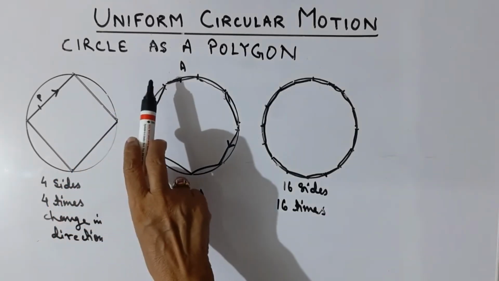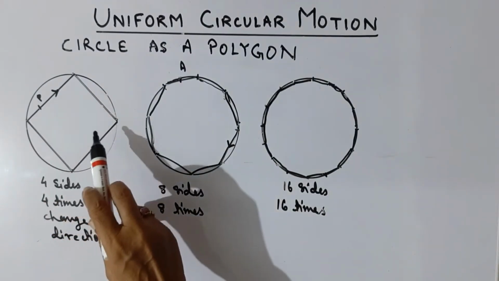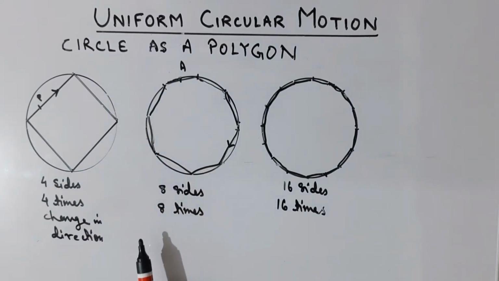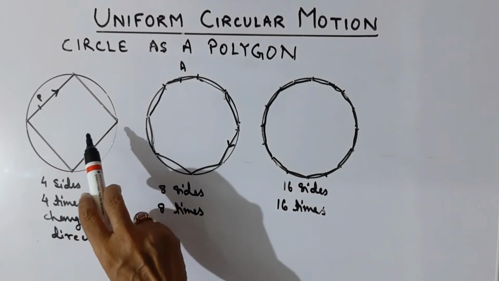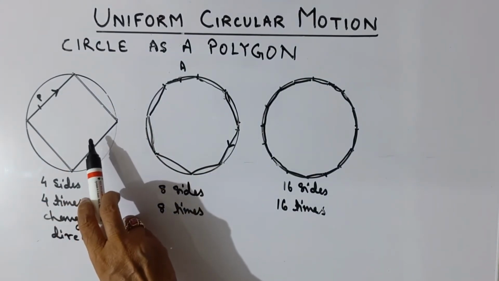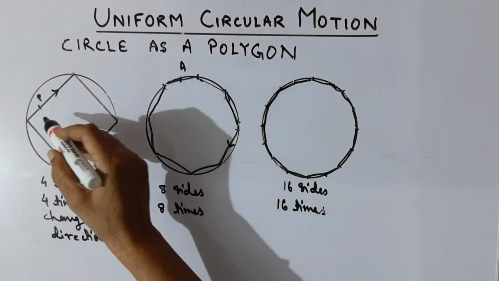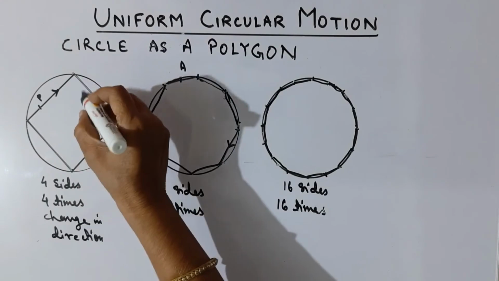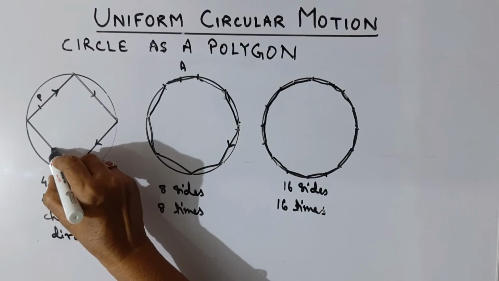Let us see how a circle can be considered as a polygon. Here we take a circle such that we have drawn a square inside the circle. You know that we can always draw a circle outside the square touching all its vertices. So here we have a circle and a square inside it. Now suppose an object at P starts traveling around the perimeter of the square. The object will go in this direction such that